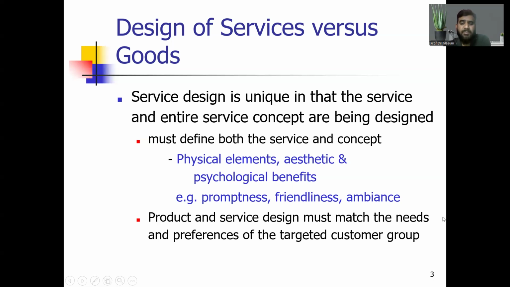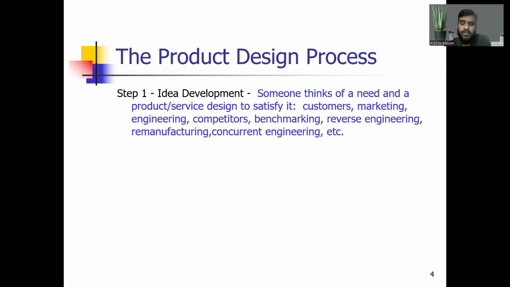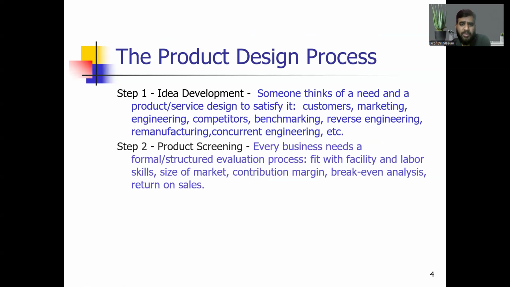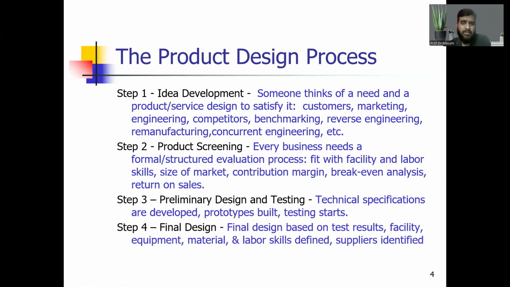Product and service design must match the needs and preference of the targeted customer group. And when you design the service, you must think about the customer, what the customers are demanding. That is important. So, product design and service design, although the nature of the elements are different, both are important. When you design the product, when you design the services, you must take care of these issues. There are 4 steps in designing